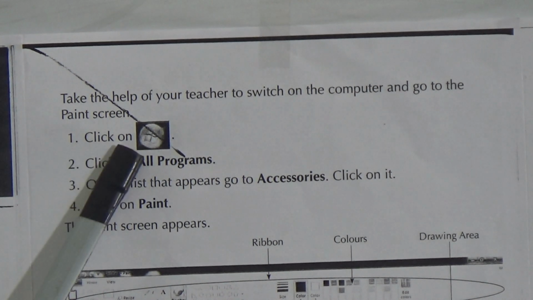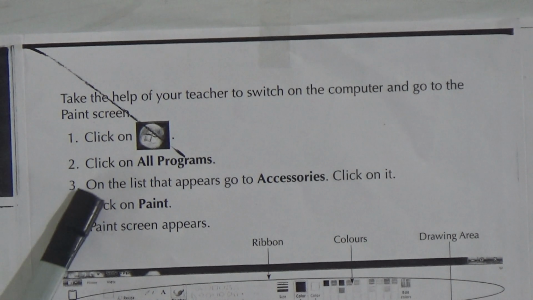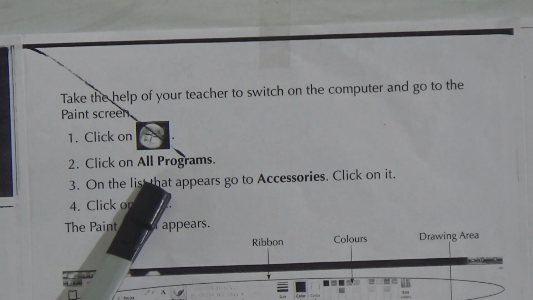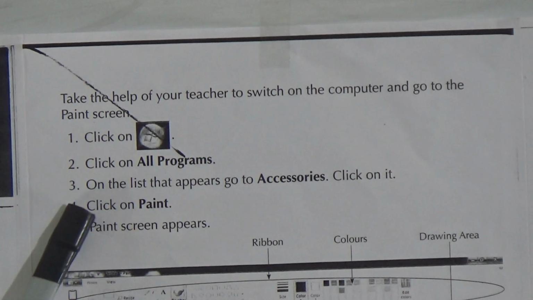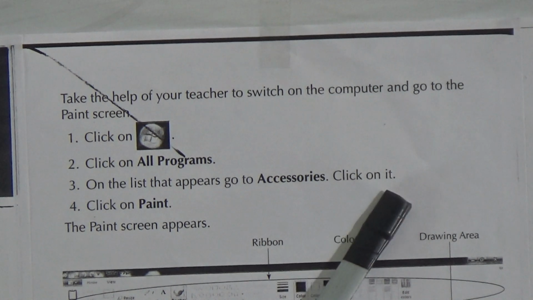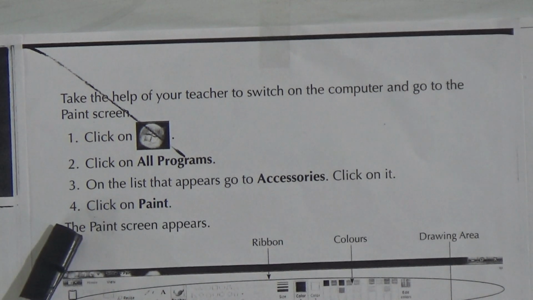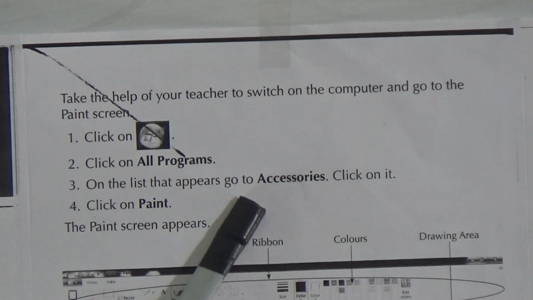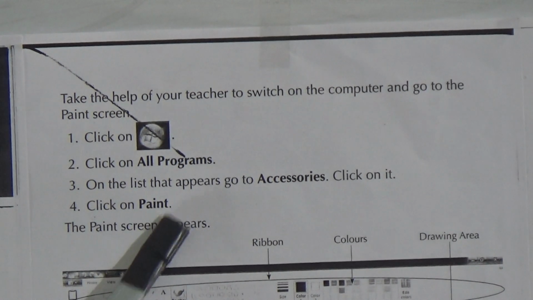Step 1, click on the start button. So at first we will click on the start button. Number 2, click on all programs. So when you click on the start button, the all programs option will come. And number 3, on the list that appears, go to accessories, click on it. Then number 4, click on paint. So when you click accessories, the paint program will come, and then you will click on paint, and the paint